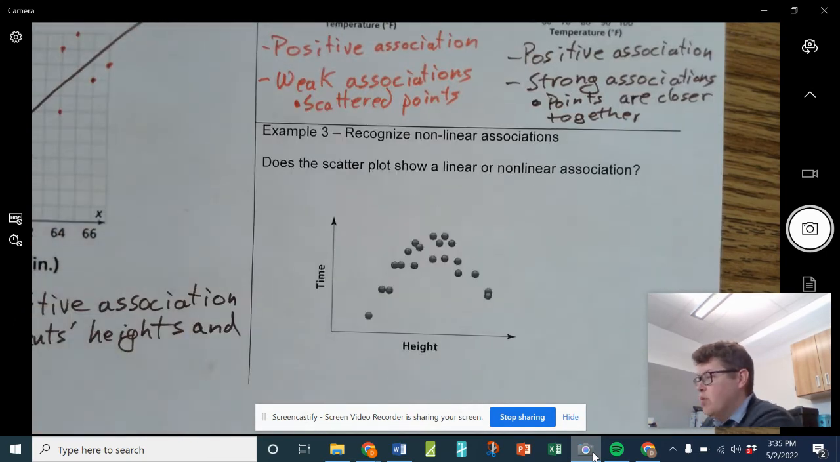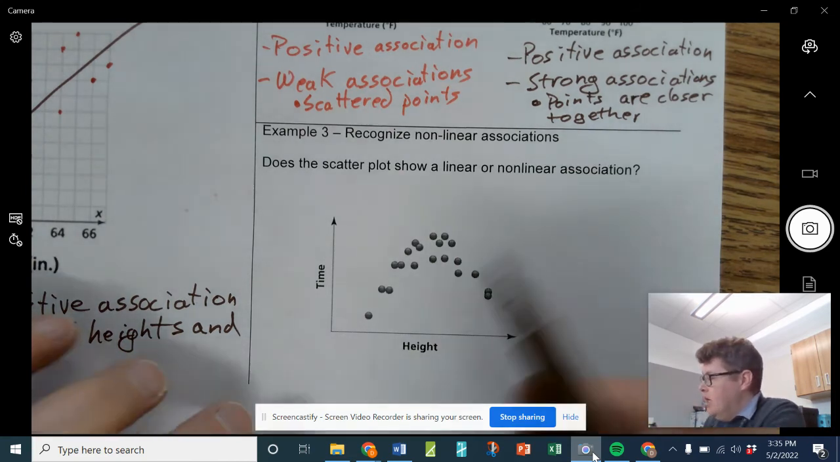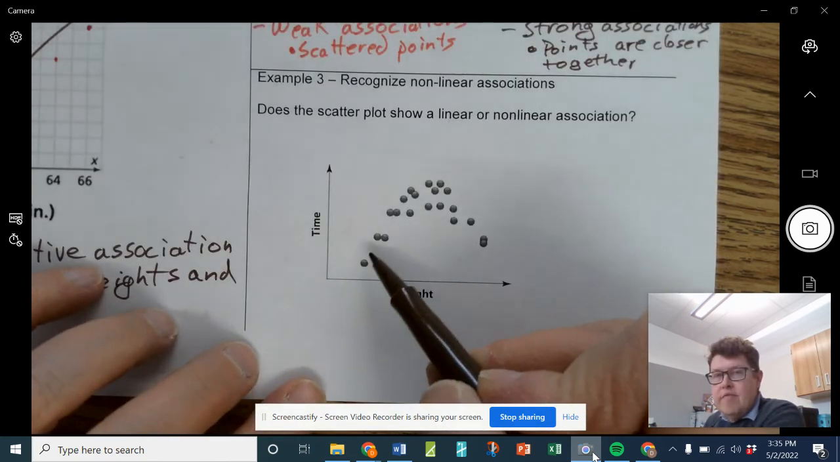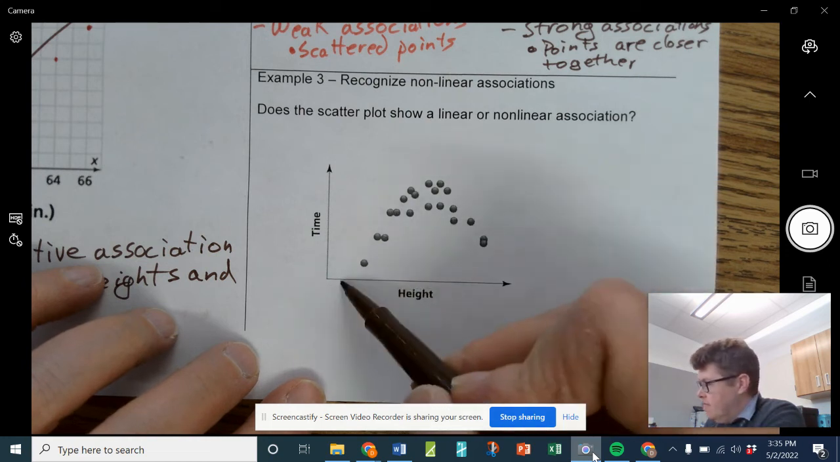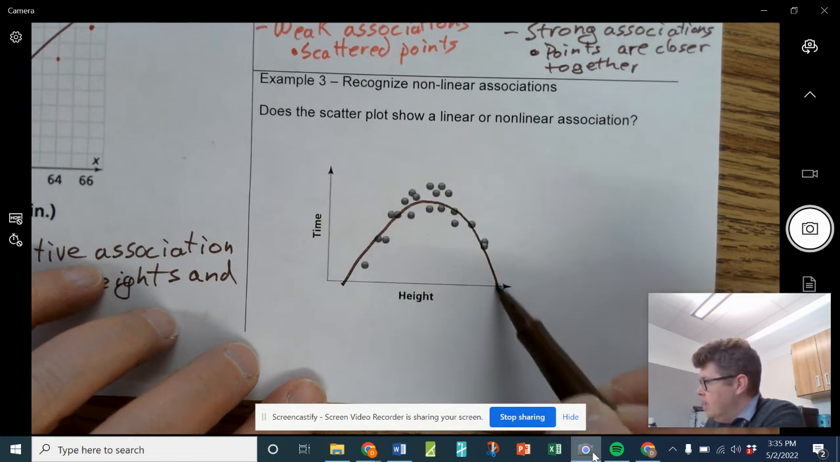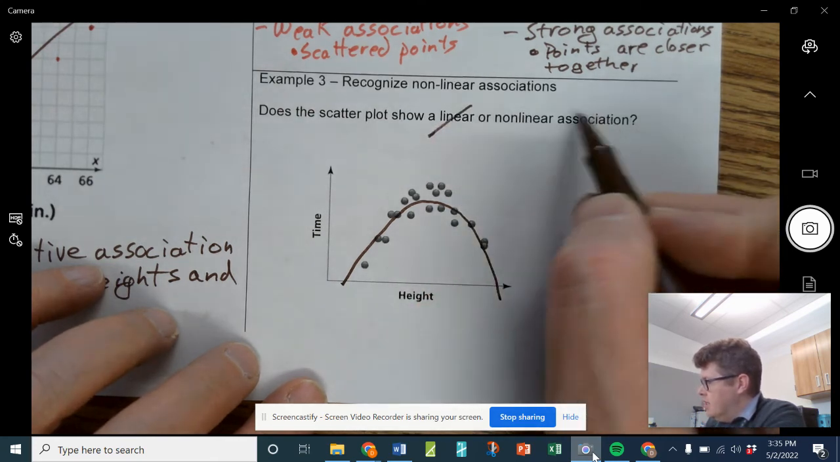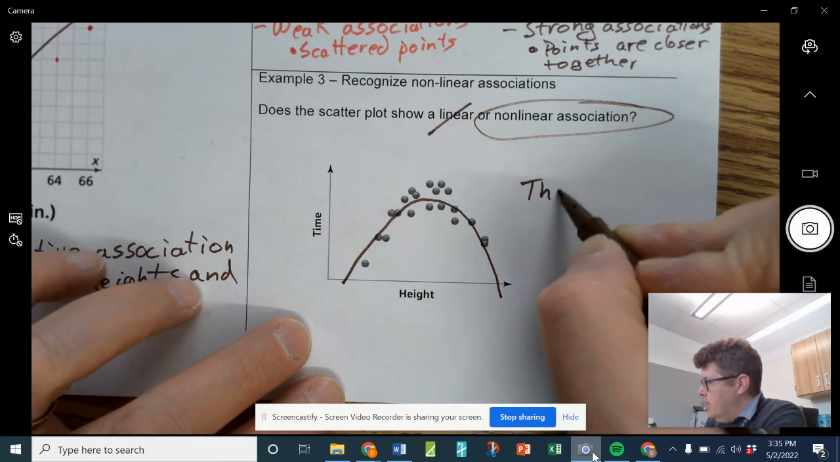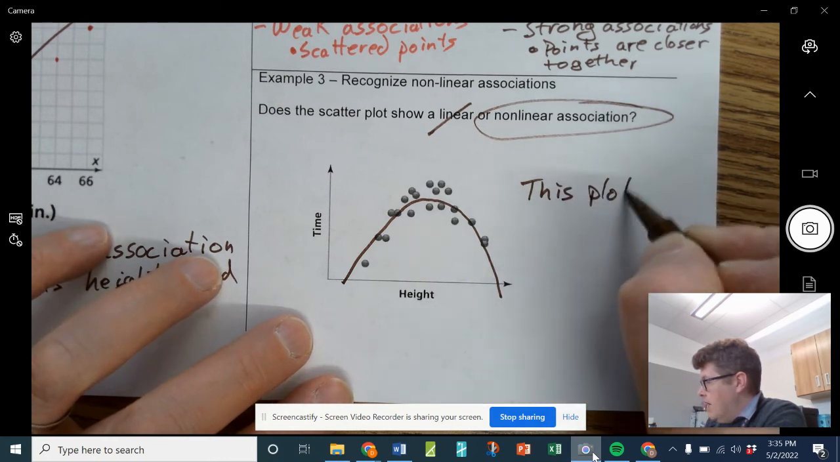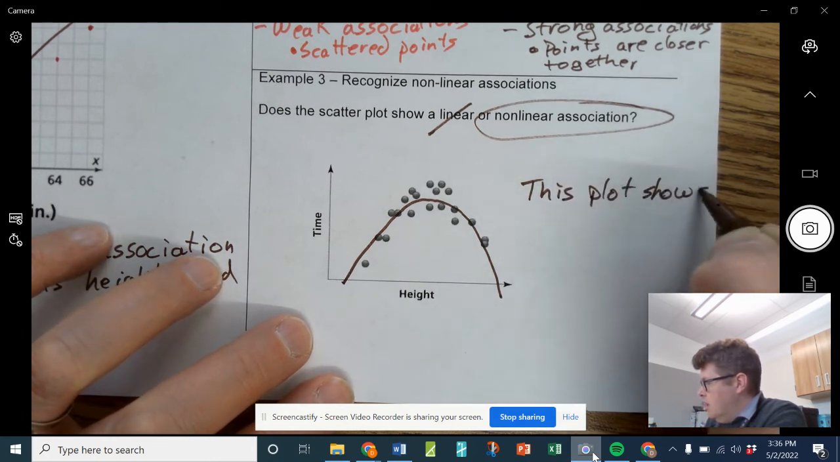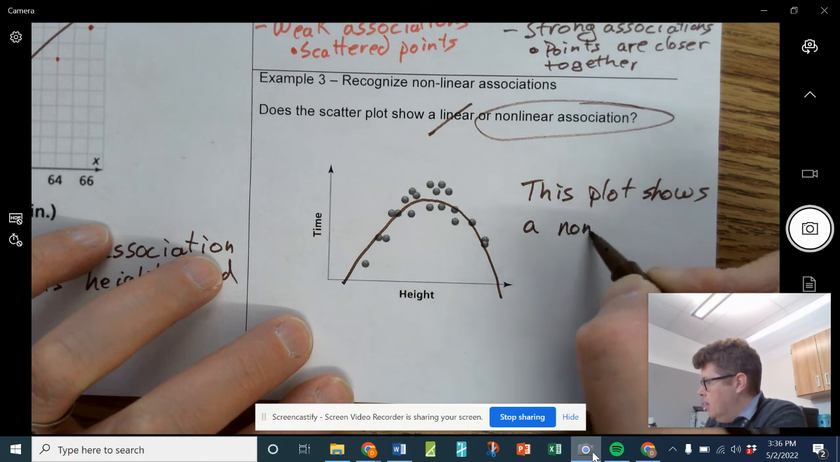So far, we've only dealt with linear associations, or associations that form a line, but we can see that while this doesn't form a line, it definitely forms a curve of some sort, right? So we have this right here. So since it forms a curve, right, it is not linear, it is nonlinear. So you would say this scatter plot shows a nonlinear